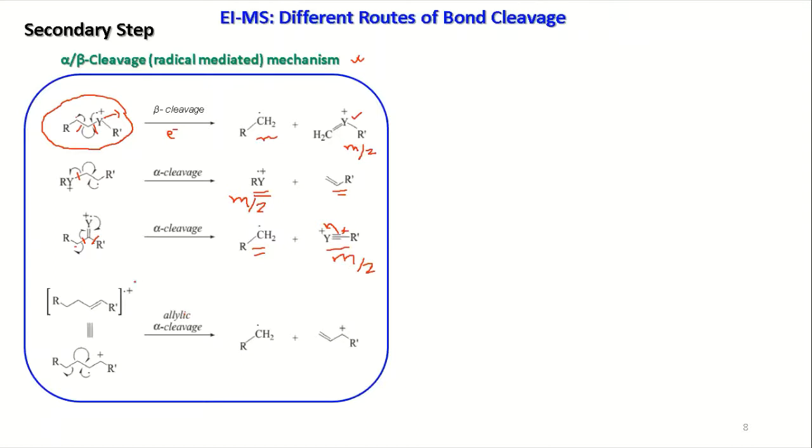Now you can have a situation like this, a dot plus. You have a pi bond here, so the pi bond will release one electron. So you have a dot and a plus. If you take the dot here and the plus here, the dot can migrate and help break this bond. If it breaks, this will be a dot, you will have a double bond here, and you have a plus. It is allylic, stabilized, so the positive charge can move. This way you can have radical mediated alpha or beta bond cleavage based on your structure, that is, what type of molecule you have.